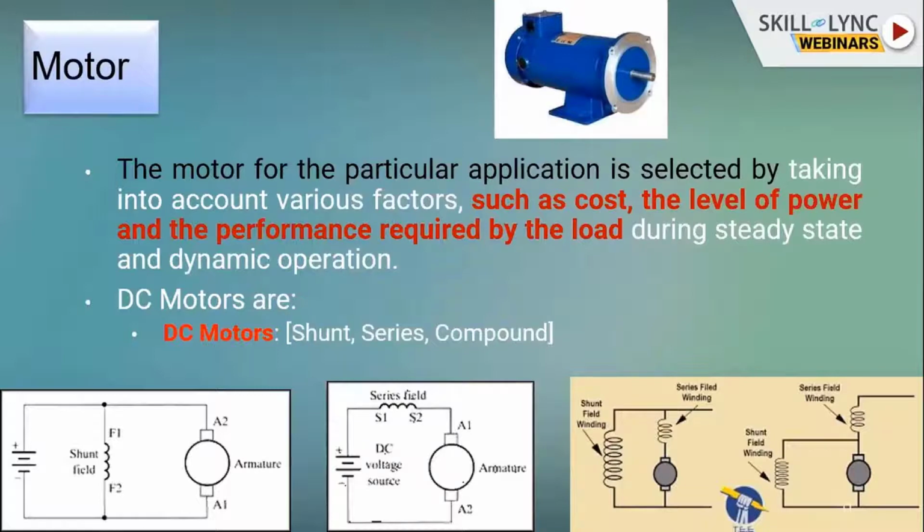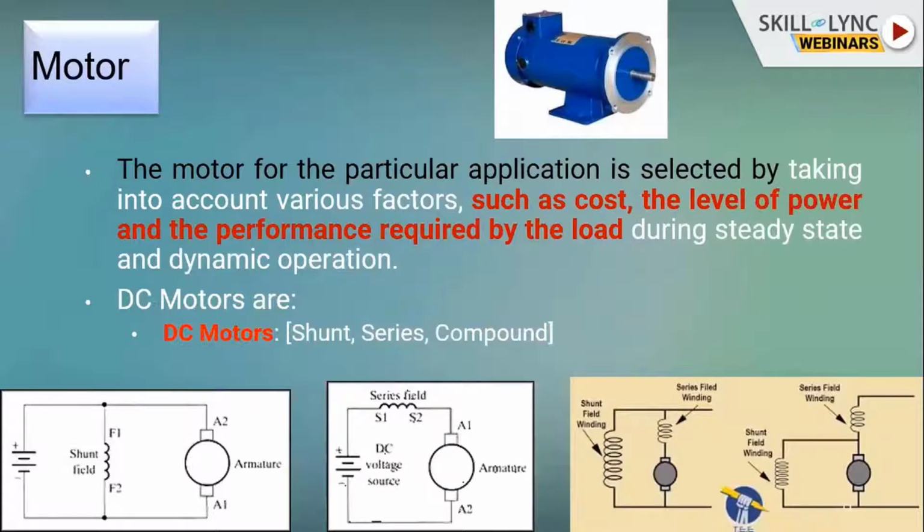Okay, so in that case, if someone is using this DC motor, then the availability of the power source and the different components can be selected. If you require more torque, then you may go ahead with the DC series motor. And if the torque requirement is not that much, then the DC shunt motors are being used. But in today's era, the DC motors are being used only for specialized applications, because they are having